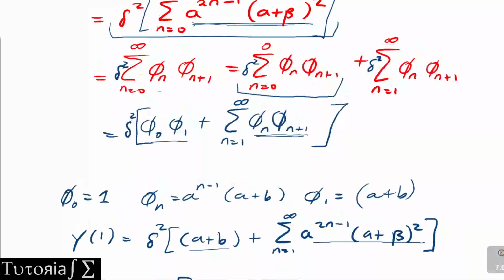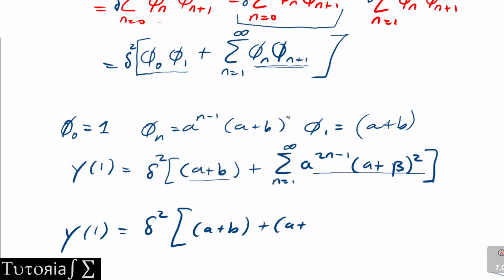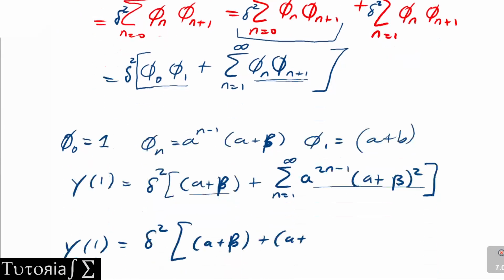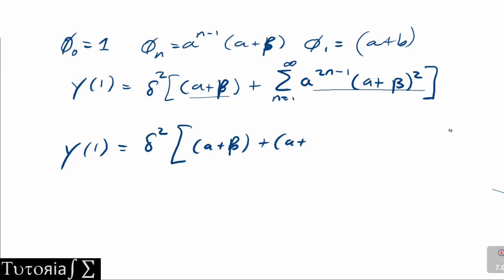So that is a plus beta. Okay, so this is beta. So a plus beta, it's a plus beta from here. We're using beta, so a plus beta. Then we can factor out a plus beta to the power 2, then summation from n equals 1 to infinity of a plus beta. Oh, sorry, of